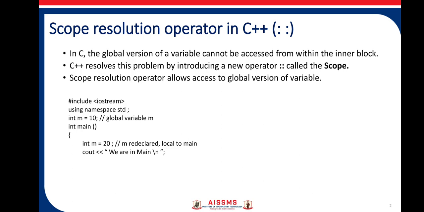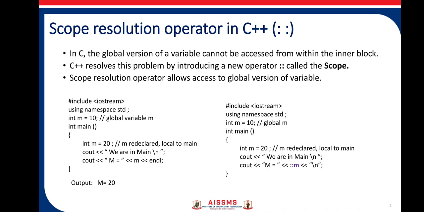Now in this main function we have a cout statement and it will print "I am in main", then it is printing m equal to, and it is printing the value of m. So here we have two options, m equal to 20 and m equal to 10. Always preference is given to the local variable. Even in C programming it will consider the local variable and it will print m equal to 20. So the output will be m equal to 20.